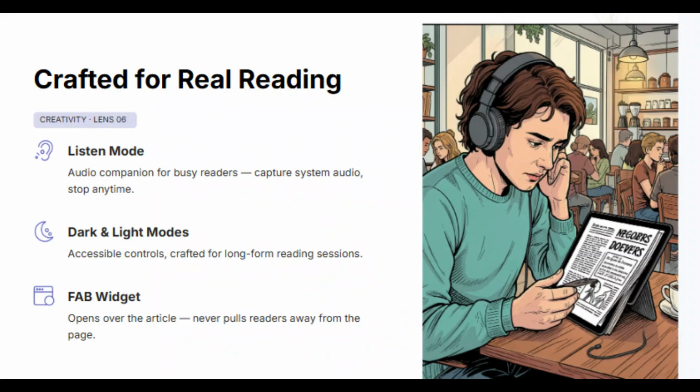On the creativity side of things, we have implemented the following features: listen mode where you can listen to the brief, and dark and light modes, so that people with accessibility needs can easily navigate our kit, and we have also taken care of the basic accessibility features. Apart from that, we have made our kit a FAB kit where the reader is not going to lose focus from the main article.